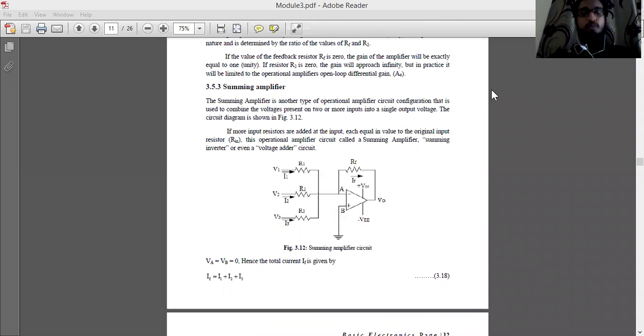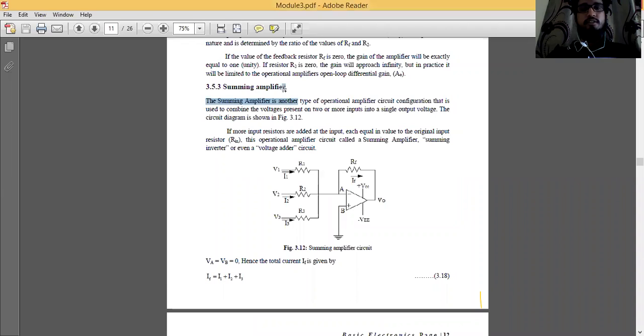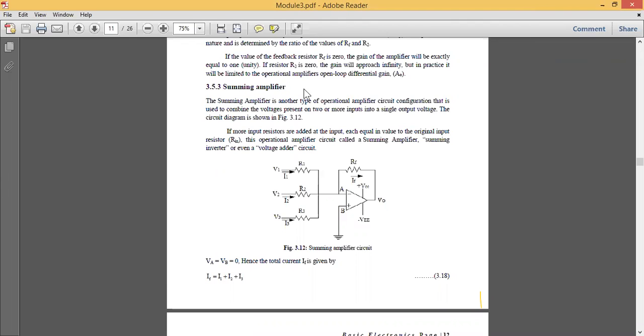Okay, module 3. In that module, today we'll see the summing amplifier. Summing amplifier, you can club both the names. Summing का मतलब होता है add. Just like an adder. What the adder will do, it will add the two numbers. So what this op-amp will do here is it will add the two voltages. So that is nothing but the summing amplifier.